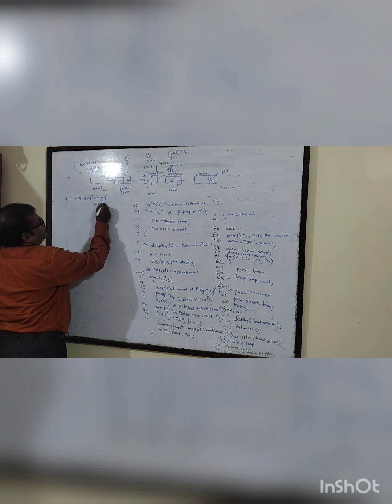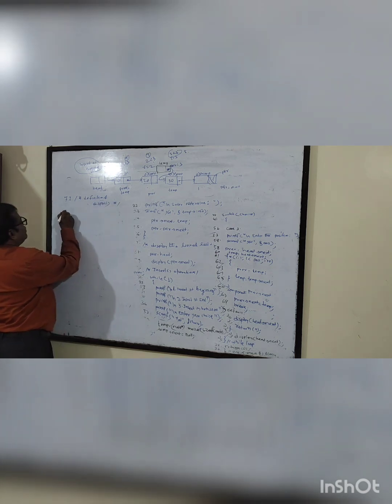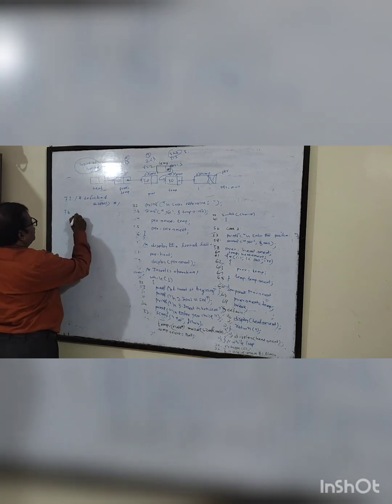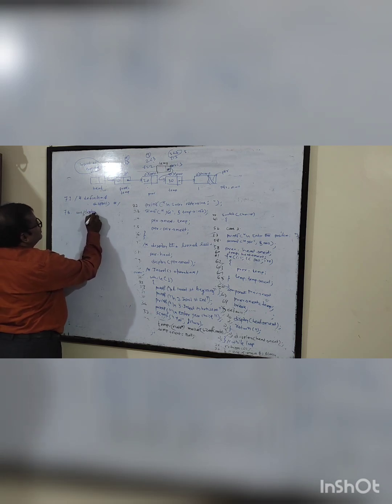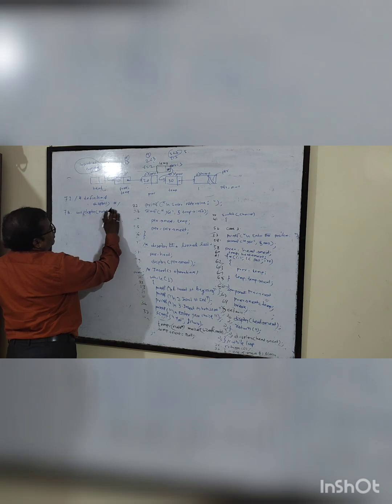Which function? Display function. So what is line number 78? Here void, we write here display, here write node star, here it is temp or ptr,